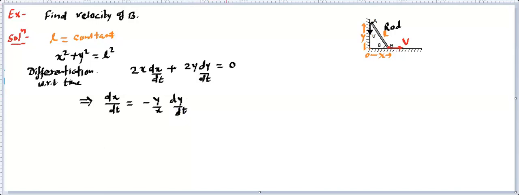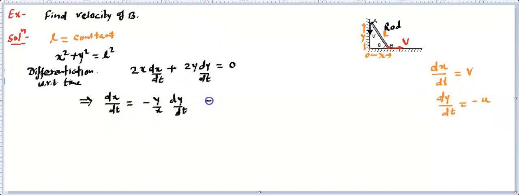Now you can use the kinematics rules that we have understood. This is x, the position of this particle, and the rate at which this position changes becomes the velocity. That means dx by dt is equal to velocity v. What about this y? The rate at which this position changes is the velocity of this point, but this velocity direction is downside and this position is upside, so they are opposite. To capture this, you will find dy by dt is equal to minus u, or you can write minus dy by dt is equal to u. Both are the same thing. Now you just replace these things, then you will get your answer.